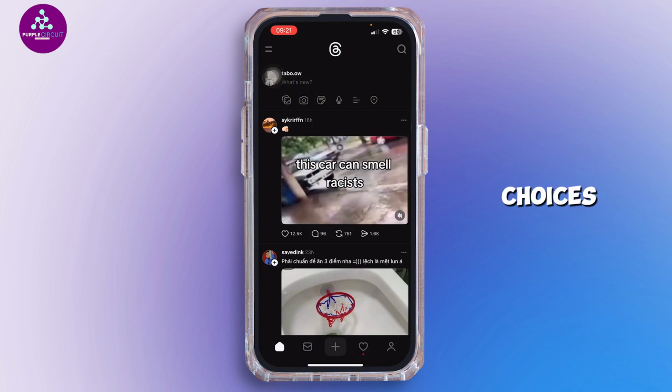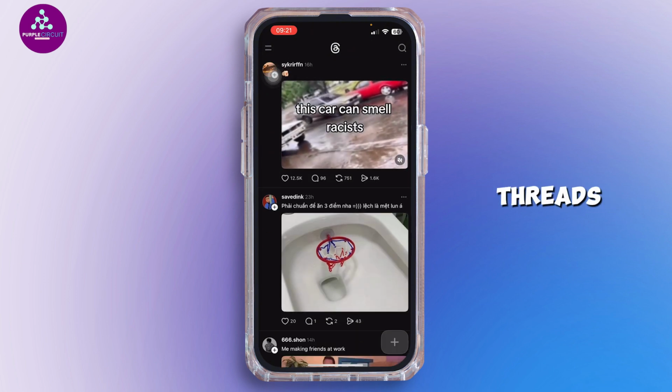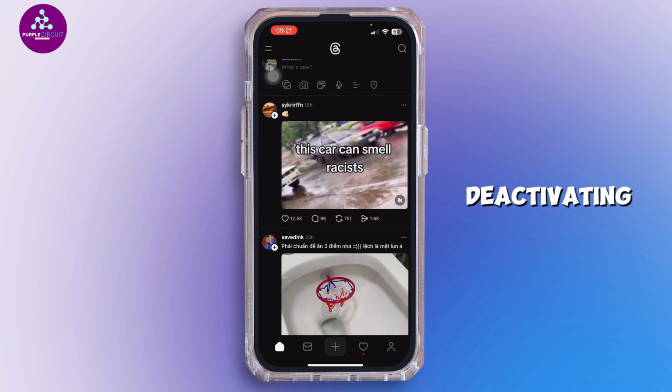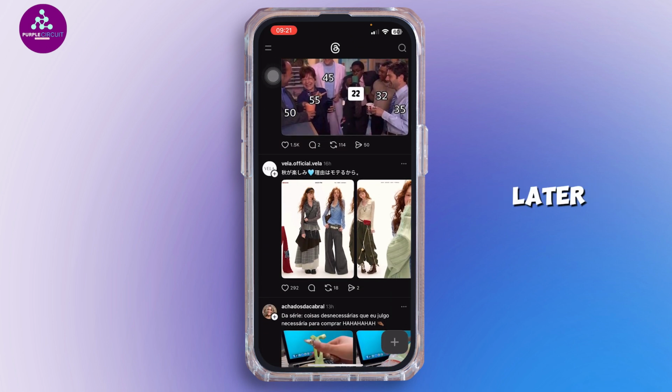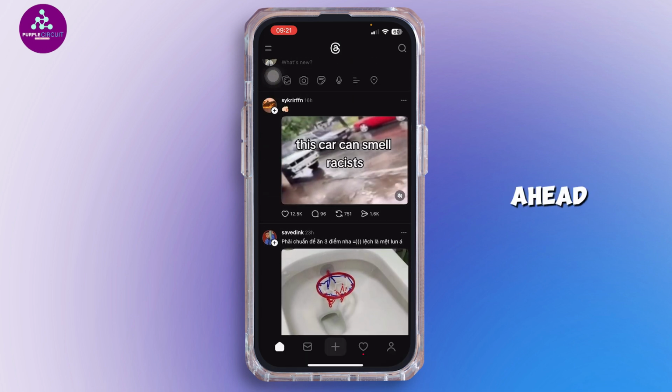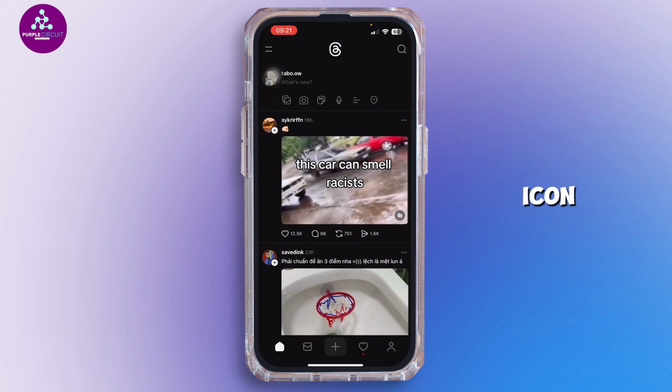So you'll have two choices. Either deactivate your Threads account or delete it. Deactivating removes it from your Instagram profile, but you can reactivate it later. So to do so, you want to go ahead and simply tap on the profile-like icon at the bottom right